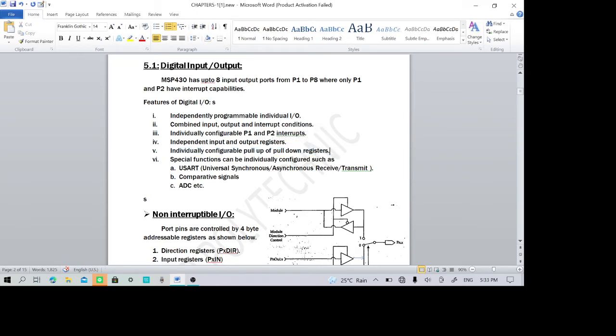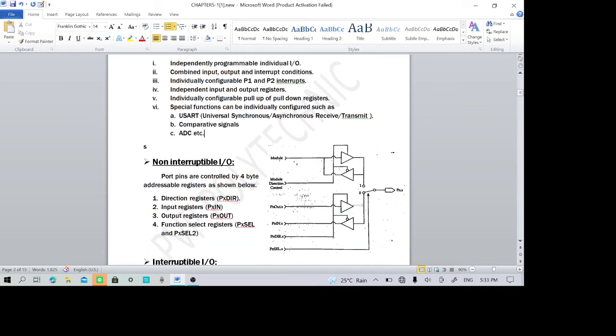Then each pin which are allotted for port not only work as a port line, can also support different purposes like a UART or comparator signals or to carry the ADC signal. So not only any pin work as a port but also for other purposes. So there are 6 features for the digital I/O port.